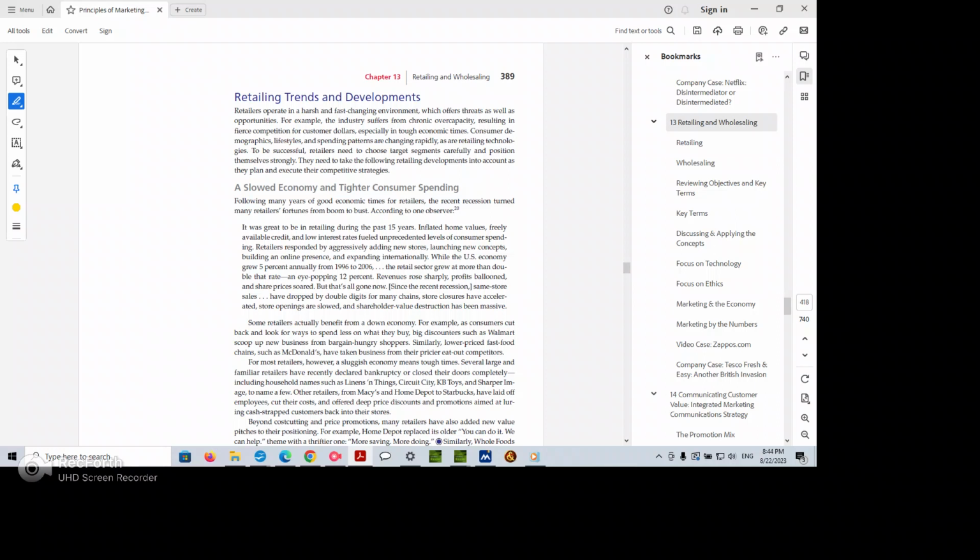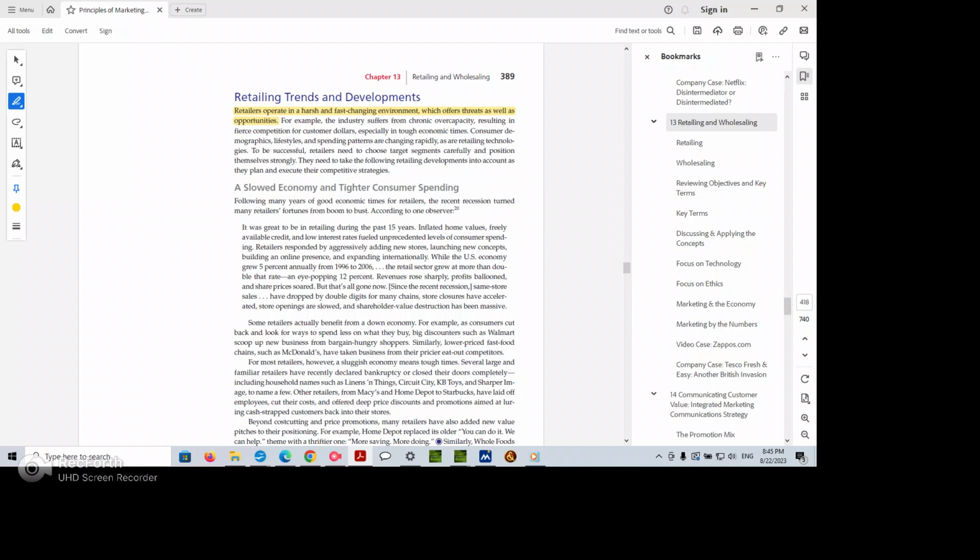For example, the industry suffers from chronic overcapacity. Okay, so what's the opportunity? Remember this. This is a business idea. Whenever there's a problem, there's an opportunity. So whenever there's an inefficiency in the market, there's an opportunity. So it's kind of like whenever there's a negative, there's a plus. And whenever there's a plus, there's some sort of drawback as well. It's not perfect, there's a negative as well. See? So when we see this,